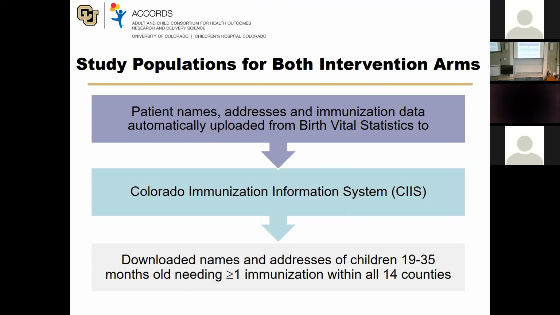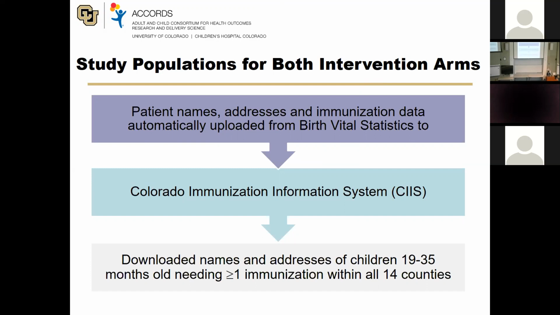And kids, if they die, they are removed because vital statistics does take them out of the IIS. But basically, it's an imperfect way of denominating the population, but it's pretty good. When they look at it, 90+% of 6-year-olds have all their immunizations in there. So it's pretty good. So we used this data source and downloaded names and addresses of children 19 to 35